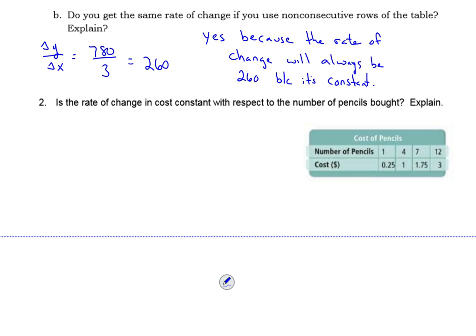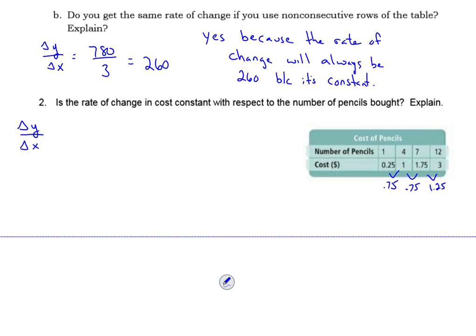So again, we want to find the rate of change. We're going to look at change in y over change in x. To go from 0.25 to 1, I have to increase by 0.75. To go from 1 to 1.75, I increase by 0.75. But to go from 1.75 to 3, I have to increase by 1.25. And some of you will stop there and say, oh no, the rate of change isn't constant, but you're forgetting